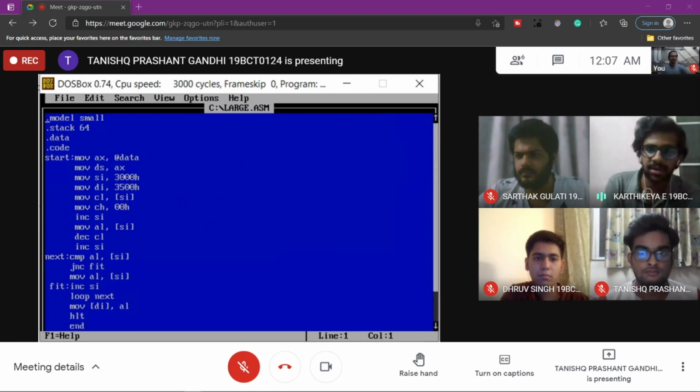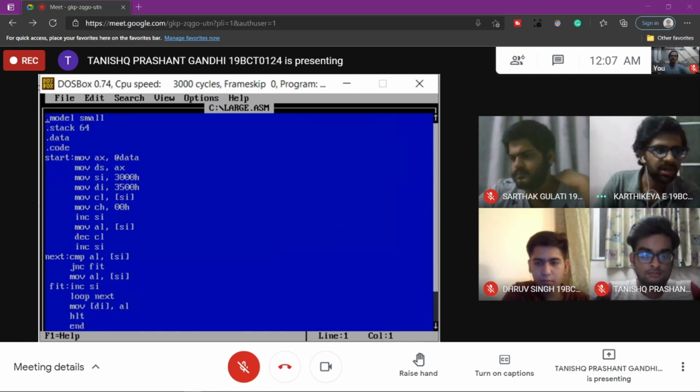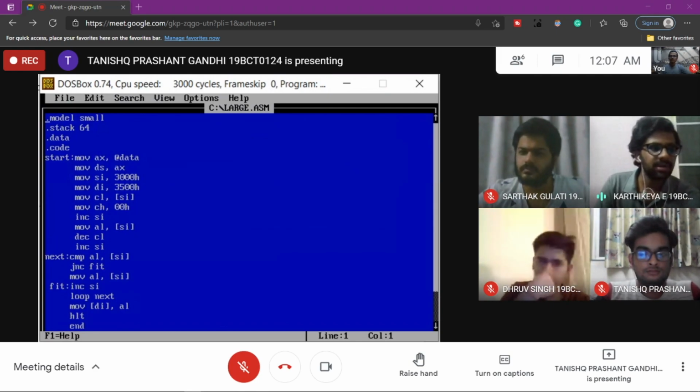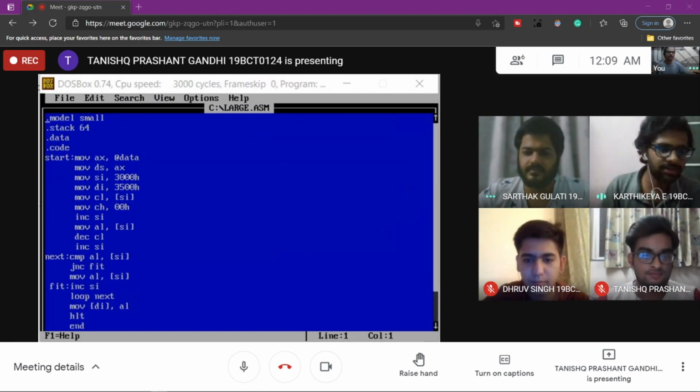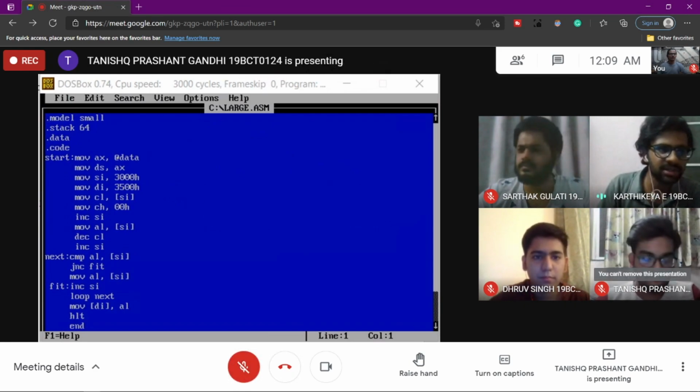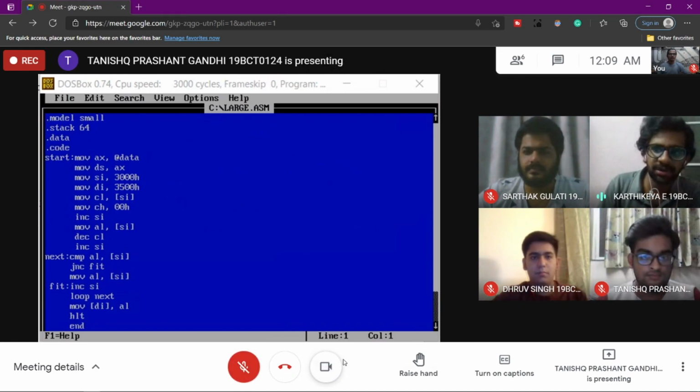That is, one code segment, one data segment, and one stack segment, and the values in the segments are never going to change. The second is .stack 64, which means I'm going to use 64 kilobytes of memory, and .code is where the code will be written. Now the code is start: mov ax, @data. So the base segment of data is moved to AX, and then AX is passed to DS.